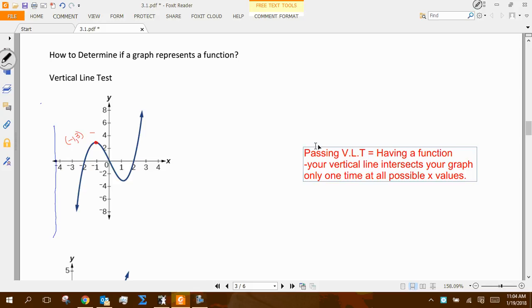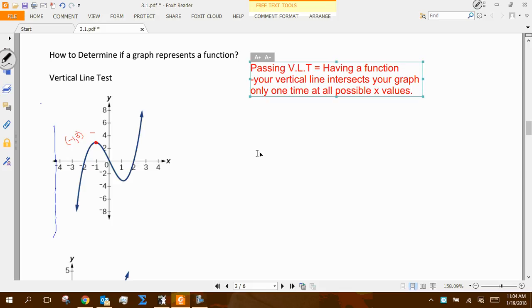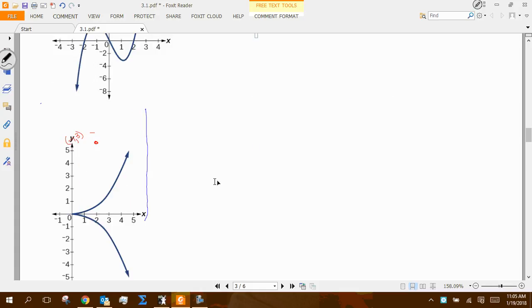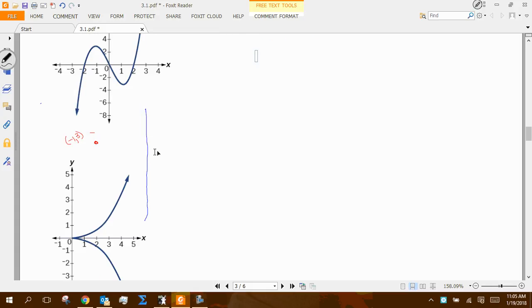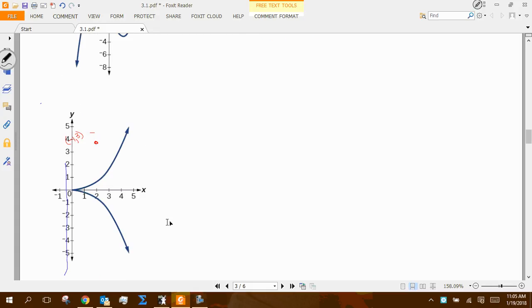Then failing it would be kind of the converse of that, meaning that I intersect twice. All right, I guess maybe not the converse, but it just means that when I draw that line through, if that line were ever to intersect the graph twice, we would fail, and it would not be a function. So this one here is a function. It passed the vertical line test, but when I get down to this one here,